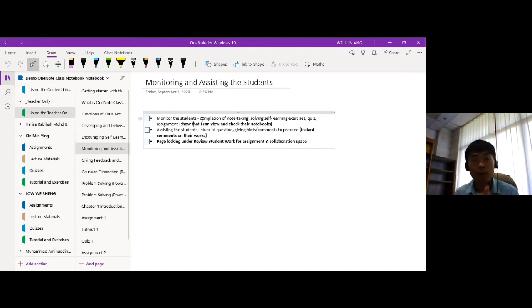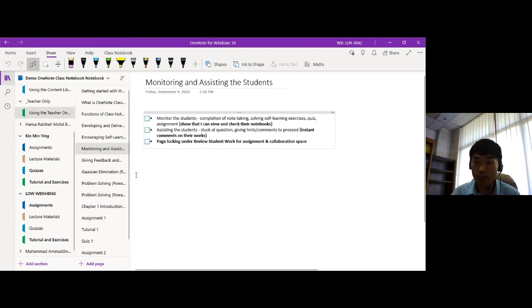So perhaps based on their preliminary testing or their preliminary semester results, we can identify the students who are a little bit weak in this particular subject. So imagine that you have 100 students. It's impossible for me to view all their homework. But I can identify maybe 10 of the students who might be having problems with this.